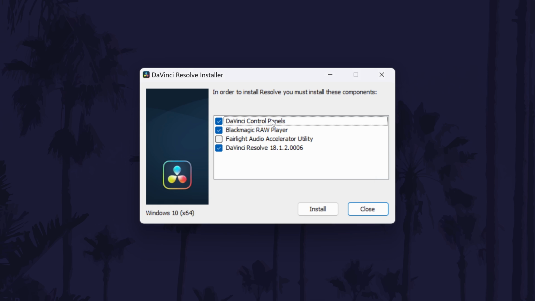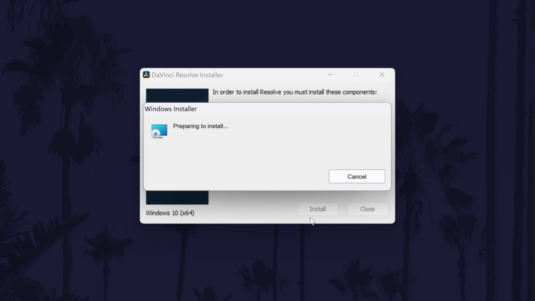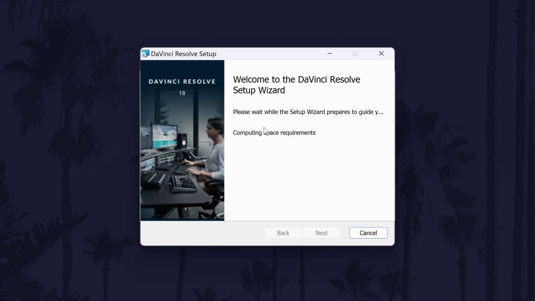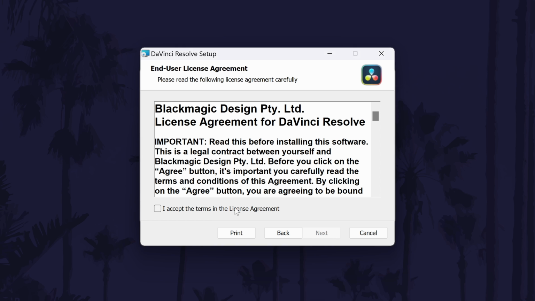After allowing the program to make changes, the actual installer window should open. What you choose to install is up to you, however you should only need to have DaVinci Resolve checked here, and you can uncheck the other two unless you want them included, of course. Click on Install and then allow it to check your PC for space requirements. Once this is complete, click on Next and then check through and accept the license agreement and click on Next